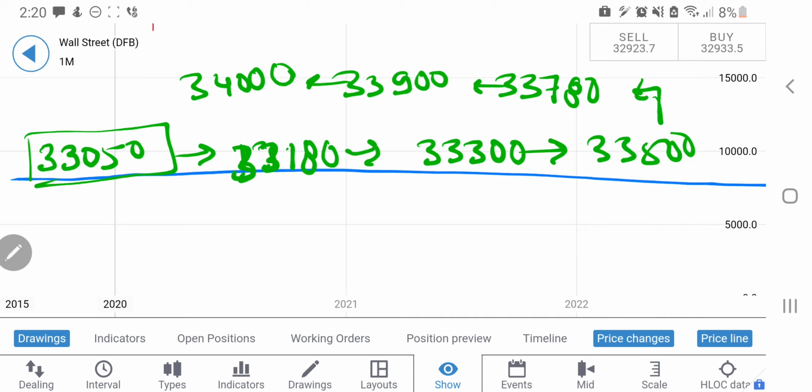there, and if you have taken a long at the right moment, at least preserve your capital either by putting a trailing stop loss or by shifting stop loss to cost, or if the first level of targets is crossed, you can shift your stop loss to these levels so that at least you will close up the trade with little